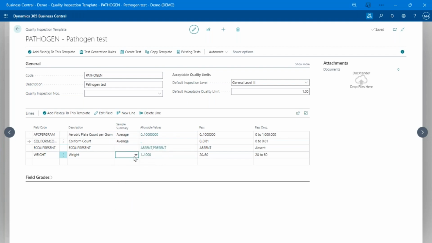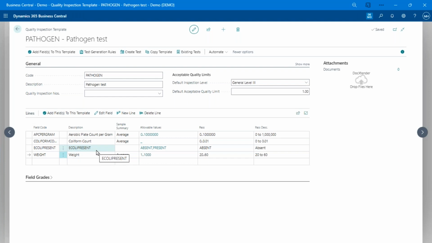So I'm just going to do a few of these. I'll just do them all average, but you can see there's a bunch of stuff. You can do the standard deviation, the variance, all that kind of stuff. I'm just going to say average. And by doing this, what this does is says, I now need to capture samples for those three criteria. This E. coli present, if it's present anywhere, it doesn't matter, it's going to be a fail, so I'm not going to do it at the sample level. So now we've got this thing set up. This is saying this is the information we need to capture. Some of these we're going to do based on the samples, and this one is just going to be based on the lot number in total.